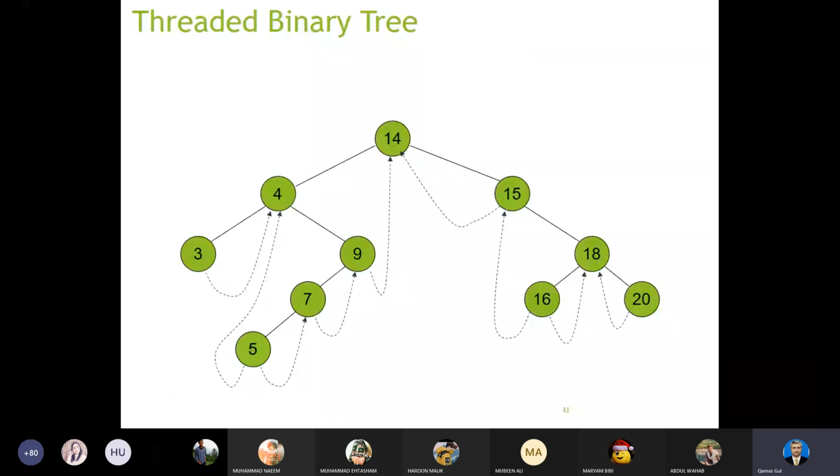Now let's see this threaded binary tree. अब इस थ्रेडेड बाइनरी ट्री को अगर आप देखें तो इसमें रूट नोड है 14, ठीक है, और लेफ्ट सब ट्री में 4, 3, 9, 7, 5 और राइट सब ट्री में आपके पास नोड्स हैं 15, 18, 16 और 20।